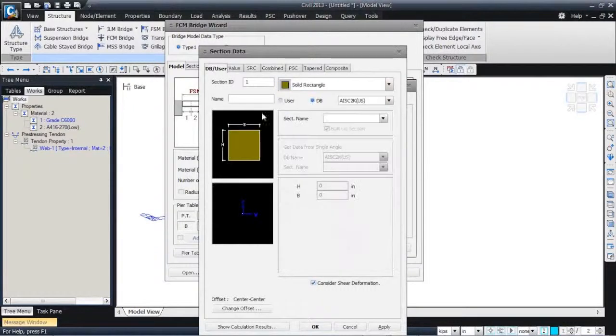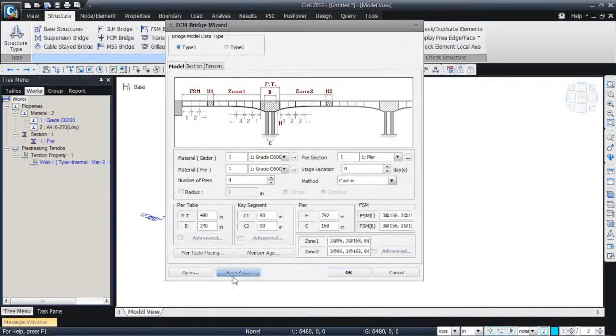So I can go with the solid rectangle here for the pier section. I can quickly enter the dimensions as, let's say, 72 inches by 18 feet, and then hit OK here, close, and it's a 3 span, so I'll